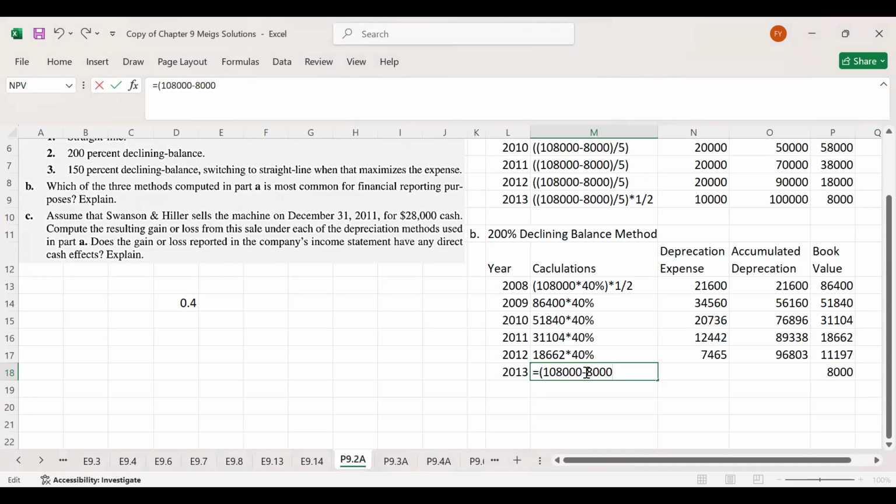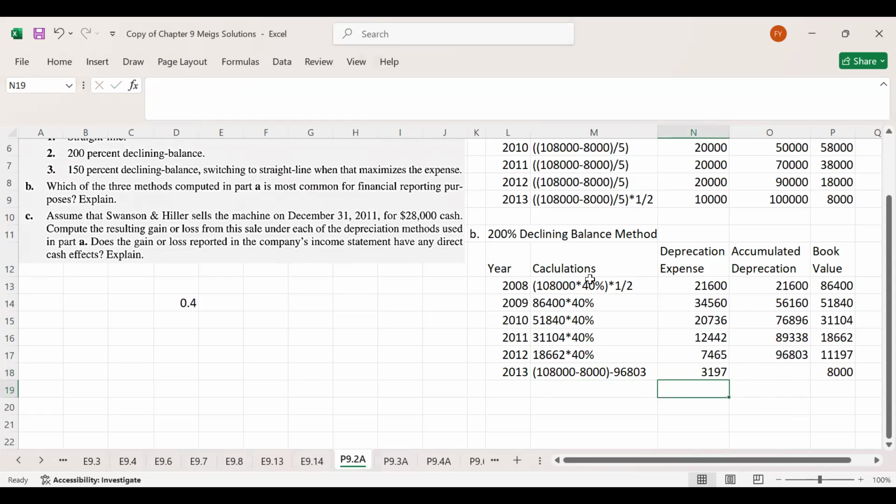depreciable cost. And then we will deduct the accumulated depreciation, which we have, you can say 96,803. So we deduct 96,803 from here. So this is 3197. So 3197 is the depreciation